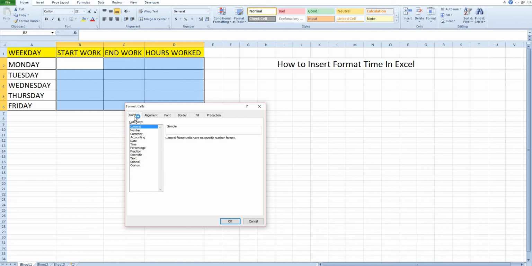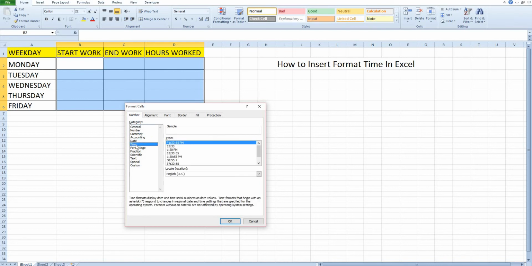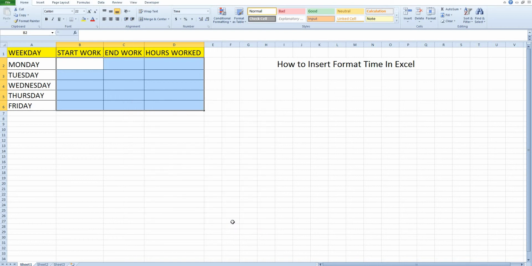In the Number tab we need to select the Time category. Here we need to select the language. I am selecting English (United States). Then in Type, a suitable format is the short AM/PM format, and hit enter.